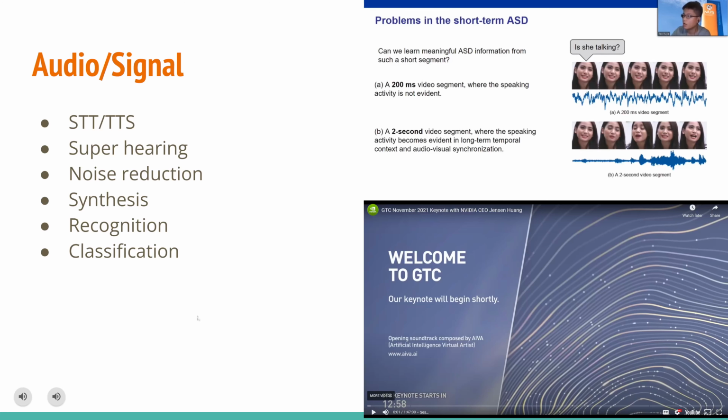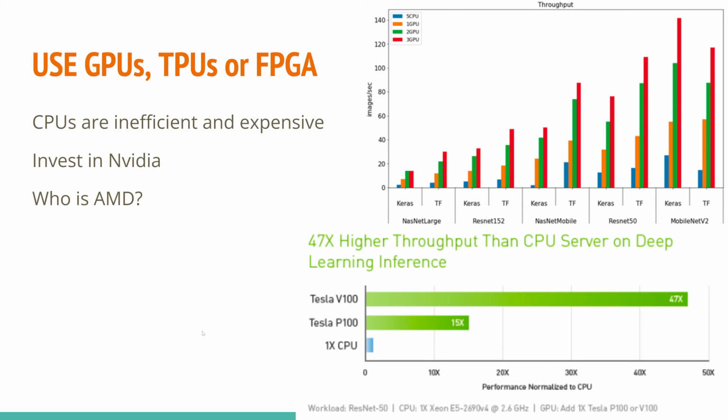So the capabilities are out there to deceive you if someone wants to, and there are definitely things going on to deceive you. For the love of God, when you can, use GPUs or TPUs or FPGAs. CPUs are extremely inefficient because they are not optimized for floating point calculations. GPUs, TPUs, and FPGAs are optimized for floating point calculations. Additionally, CPUs have very few cores compared to these other items, so they can't process data in parallel in a fast way compared to these other items.